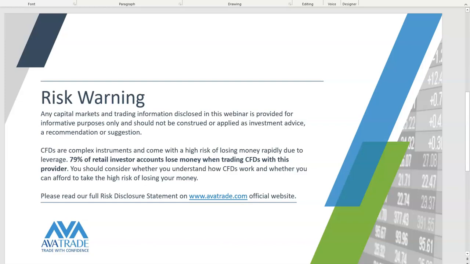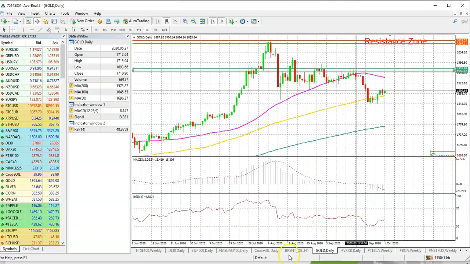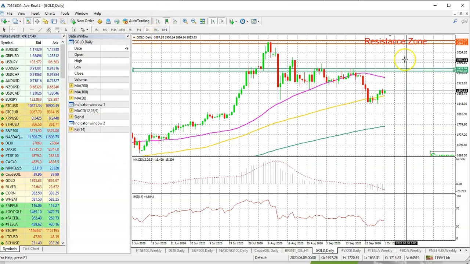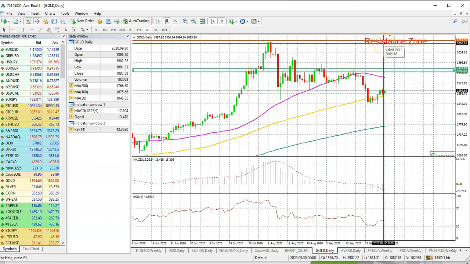Now, as always, I'm going to bring out the MT4 platform and we are going to look at the gold price. So the time frame that we will begin, as always, is going to be your daily time frame. Your daily time frame represents an opportunity for those traders who like to mostly buy and hold for a longer period of time, and smaller time frames such as intraday time frames. And intraday time frames are those such as 30-minute, 15 minutes, or 5 minutes.